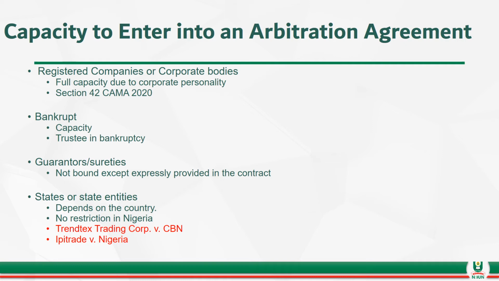Some countries have immunity from arbitration, so it really depends on the country you're talking about. For Nigeria, there is no such restriction. Nigeria does not operate that rule of immunity. So the Nigerian government, Nigerian agencies are deemed to possess capacity to enter into arbitration agreements. And you can see the case of IP Trade and Nigeria, and then you can also see Trendex Trading Corporation and the CBN. P&ID case is also very relevant on